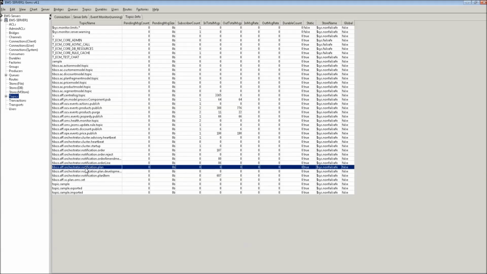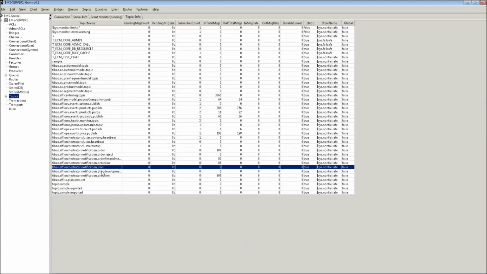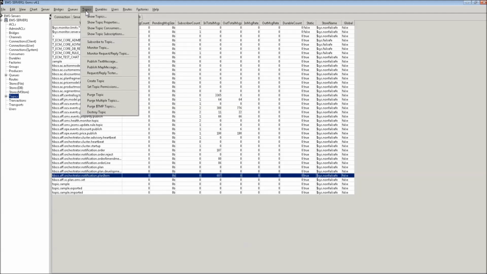And OMS itself, whenever it creates one of these messages, it also publishes the same message to topics, but you can configure if you actually want it or not. So I activated it for plan items, and here you see it published already 607 messages, but we don't have a subscriber on it. I could do that, for example, if I do subscribe to topic,